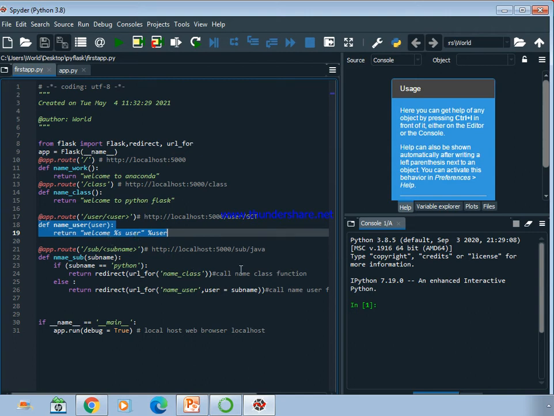So if Java is passed here, then Java user will be printed, right? If Python is passed here, automatically the first condition will be satisfied and it will be redirected to this particular method or function, where it will print welcome to Python Flask, right? So these are the things we are going to see.